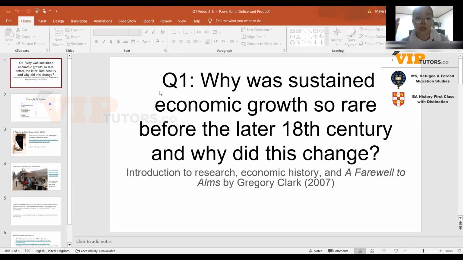But remember that this is a question which is probably going to make you rely more on the secondary sources, so what other scholars have already written, rather than the primary sources. It would be great to include primary sources, but you shouldn't necessarily feel pressured into doing so. And remember, again, that it's a very short essay, so sometimes you're not going to have the scope or the word count to do something that people would only really be doing in an undergraduate or master's thesis.